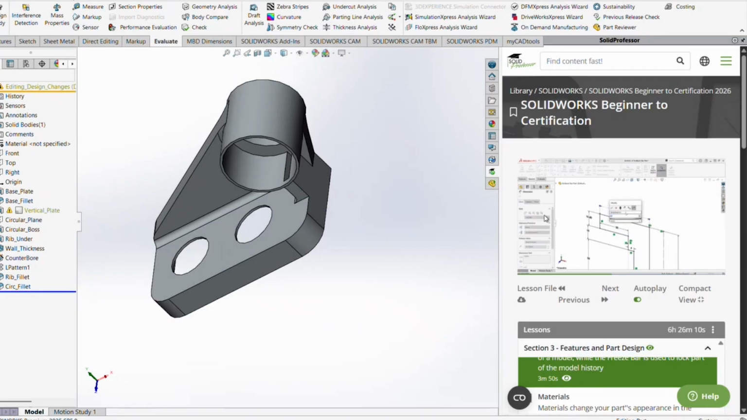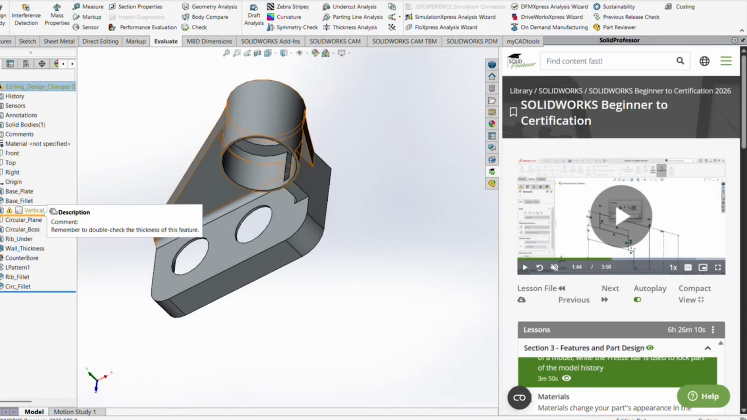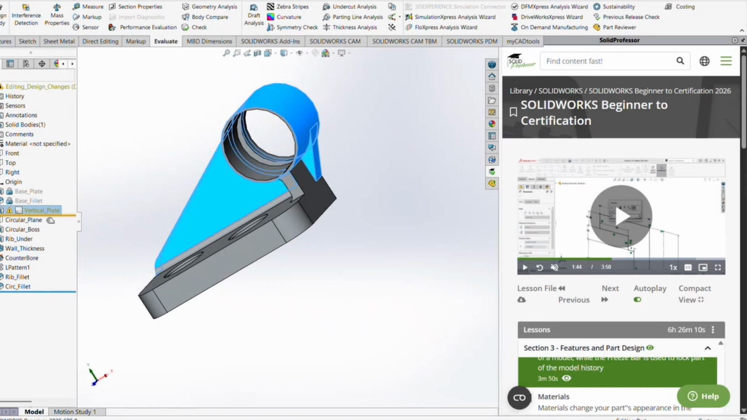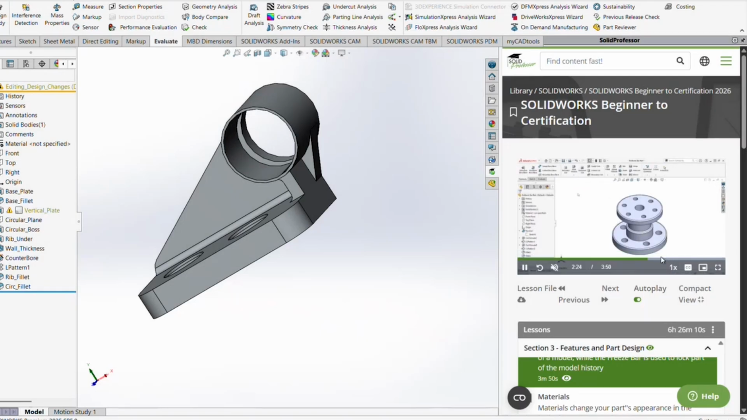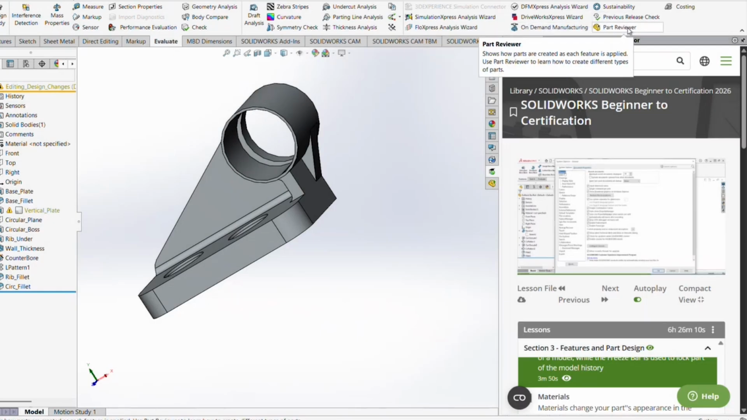Then he says that I can also freeze parts or features so that they are not affected by anything I edit. And then he speaks about... So he goes through the video, and then he goes to evaluate, part reviewer,